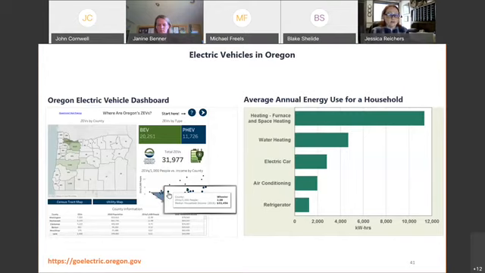In fact, the Oregon Department of Energy has worked with a few utilities in a pilot program to identify where EVs are charging on their systems so that they can better plan for those EVs. As you can see,